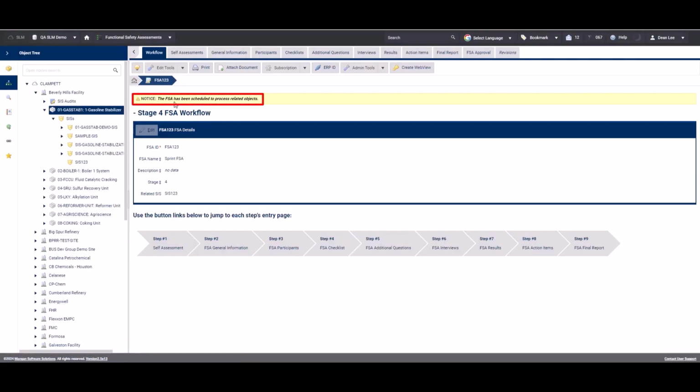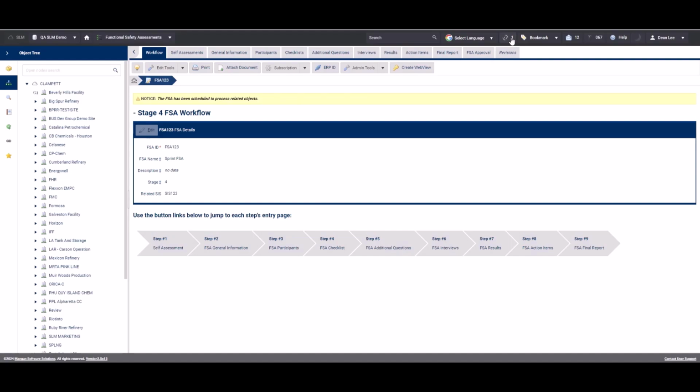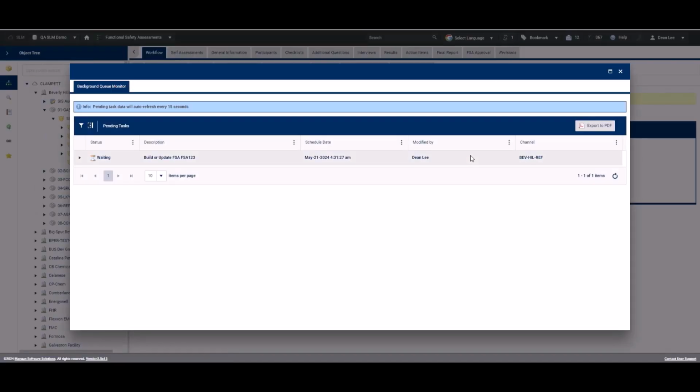This has generated a background task. The FSA has been scheduled to process related objects. If we click refresh, we can load the background task. We can see via the description it's building or updating FSA 123. If we wait for that process to complete,